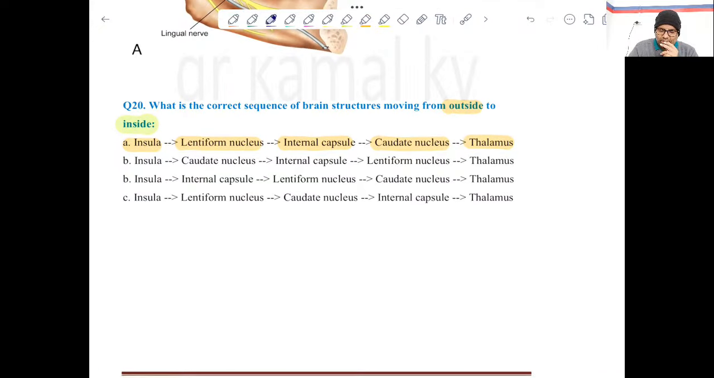And what is lentiform nucleus? Putamen plus the globus pallidus. Globus pallidus has two components. The outer one is externa and the inner one is interna. Clear? So this is how you have to